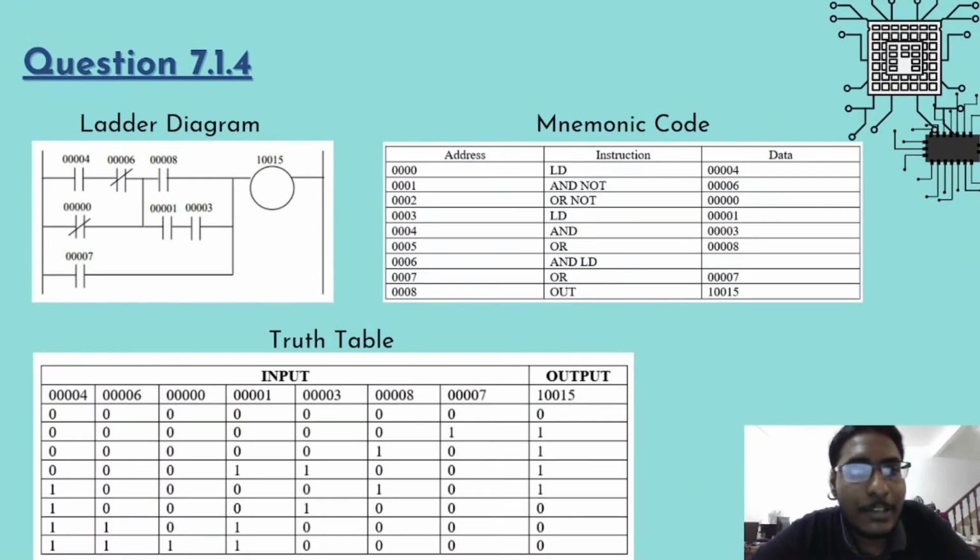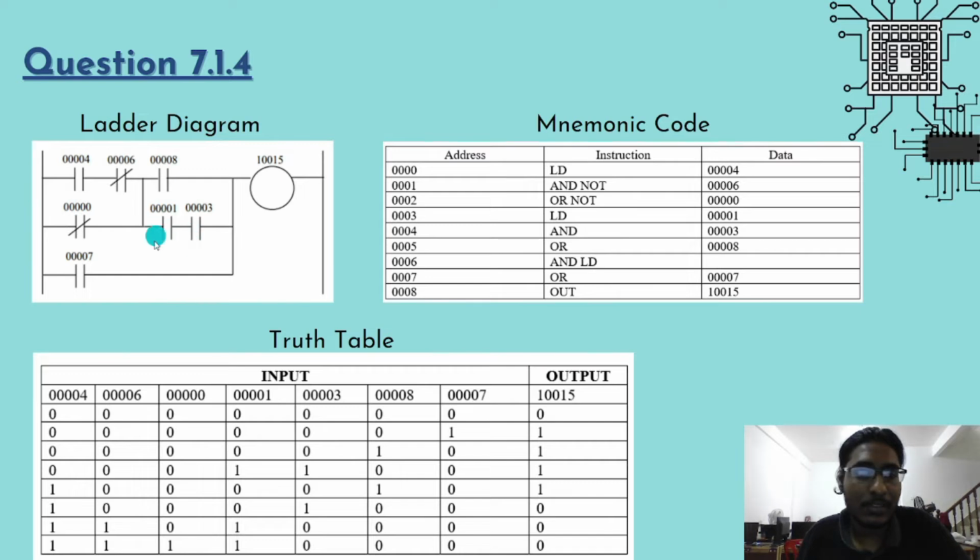Okay, now for question 7.1.4, the provided ladder diagram is as shown on the screen right here, which consists of 7 different inputs, which are 5 normally open and 2 normally closed, and 1 output. So the mnemonic code for this ladder diagram is as follows, which involves the use of load, which in abbreviation is LD, and AND NOT, since there's a normally closed, or not for this parallel connection between these two nodes,